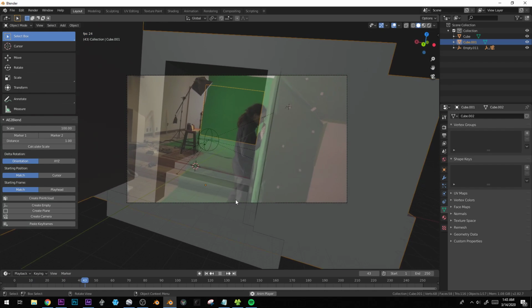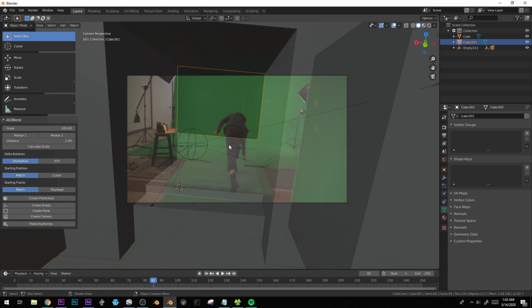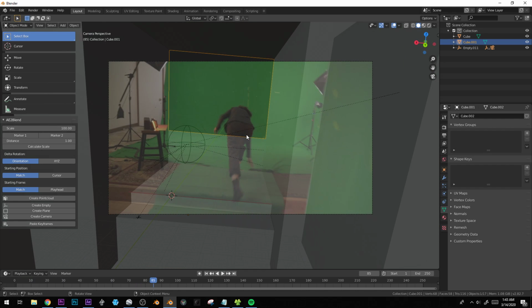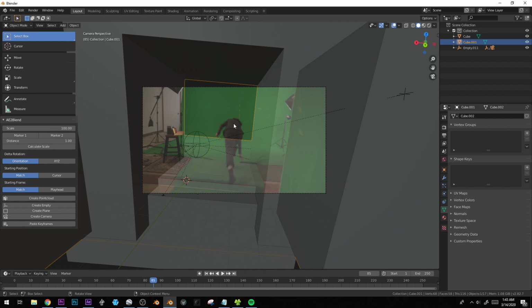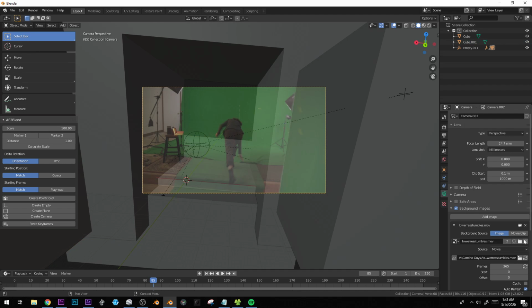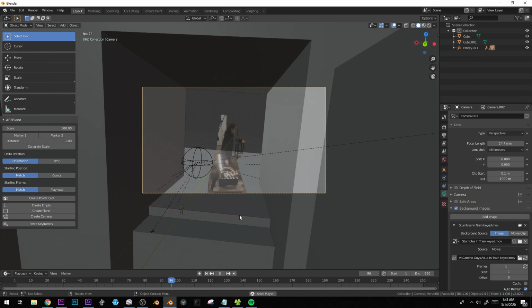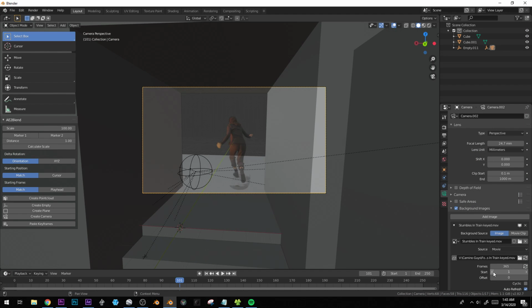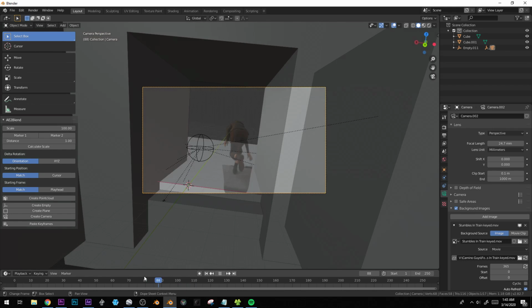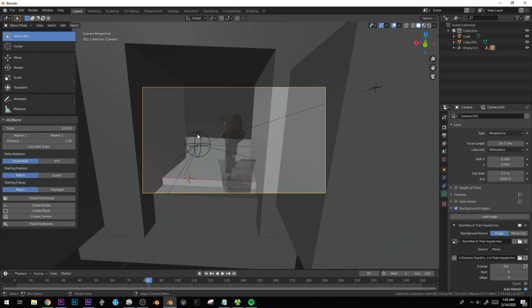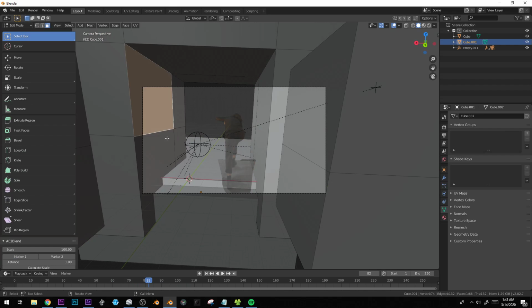Alright, so it's about this time that you would go and put in maybe the alpha version of her, so you're not dealing with all this other additional clutter. In fact, I can just change this to that. Okay, yep. And there we go. Now we just have her, and that'll make it easier to see how tall doorways should be and things like that. So, speaking of doorways, let's